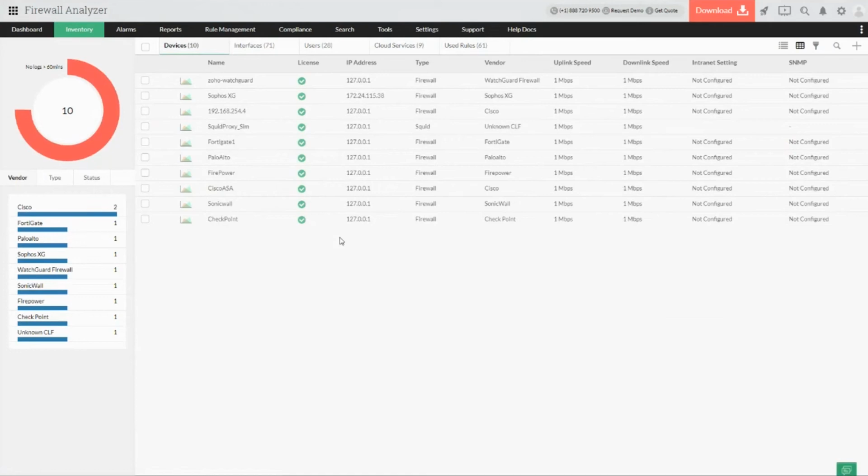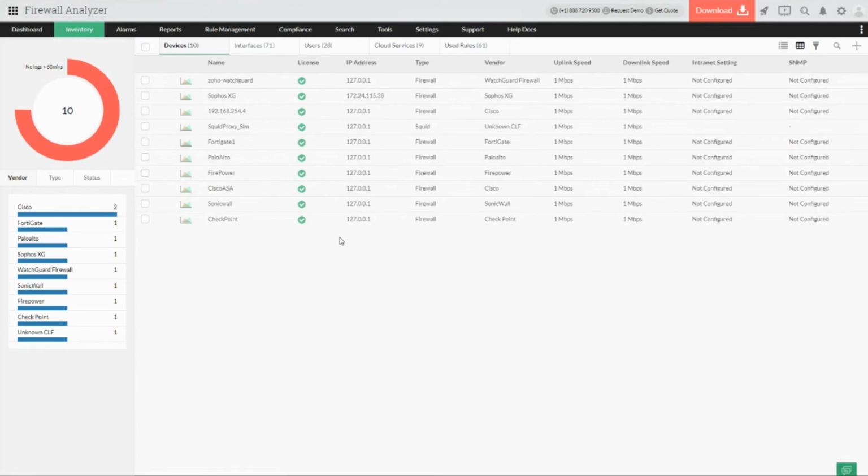The firewall analyzer is licensed based on the number of interfaces, the number of devices which you want to manage. So it's based on the number of firewalls that you want to manage, and then how it works. When we talk about the discovery and addition, all you have to do is add your firewall and then forward the syslogs from the respective firewalls to the OpManager server so that we can automatically receive the data and populate the required information.